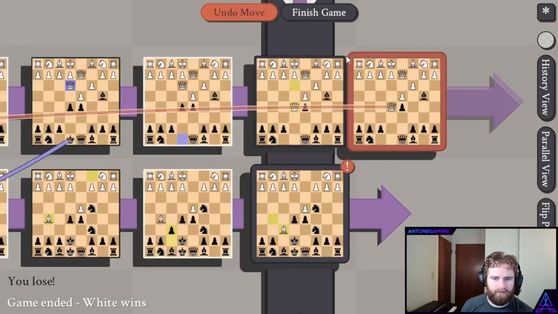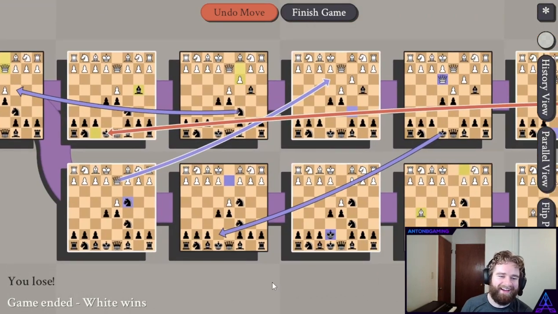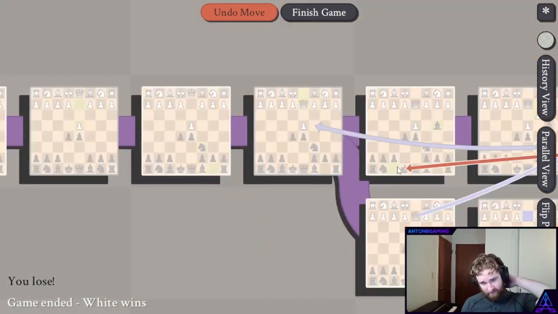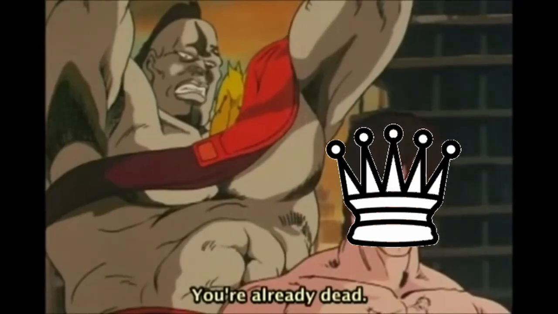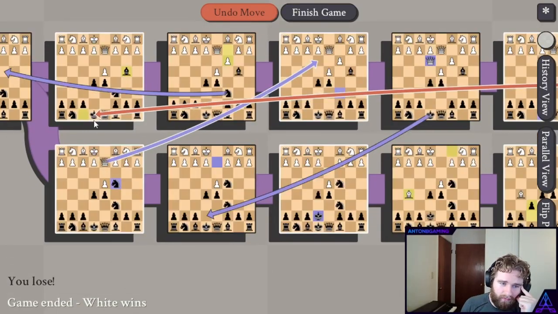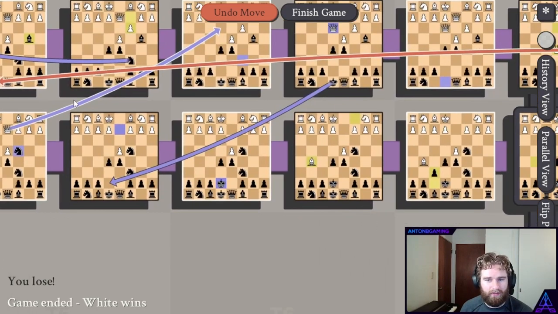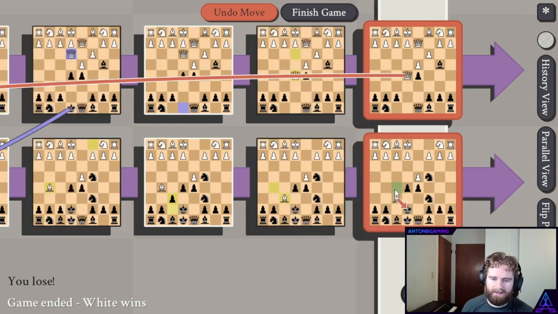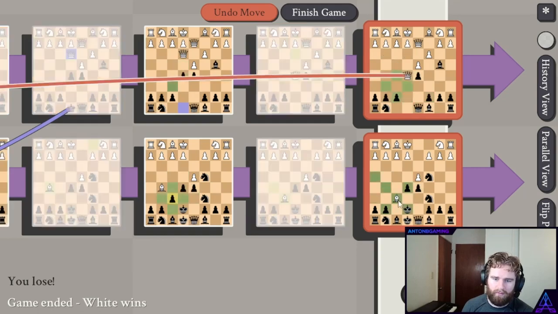Oh, it's because this queen can go back in time to have already checkmated me on the fourth move. Not because if it moves, but because then my king can't move there, because otherwise it would be in check from 6 turns in the future. And here, I can't take this, because this queen is guarding this bishop.